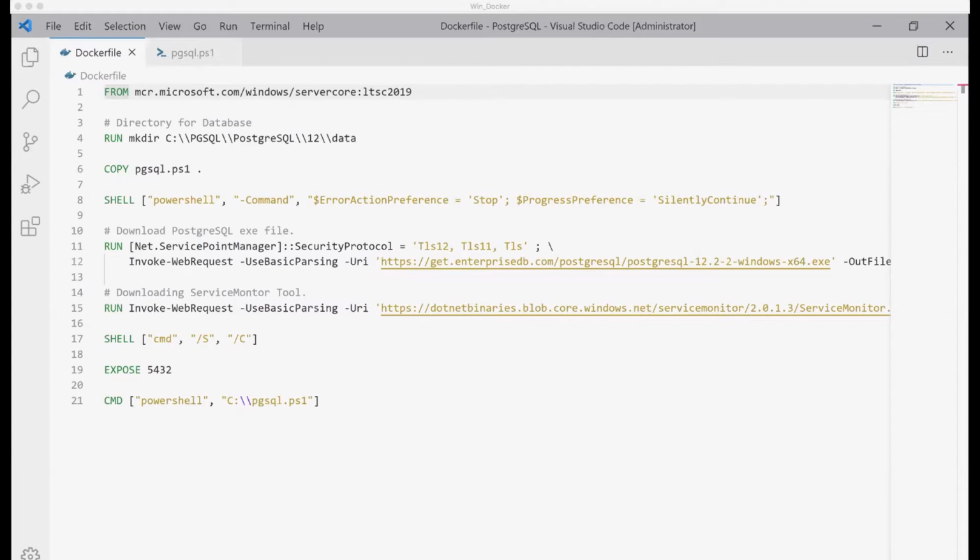First, we'll go through the Dockerfile, and then we'll build an image from this Dockerfile. Once the image is created, we'll run a container, and inside the container the database is going to be up and running. Once the container is up and running, we'll connect to that database, which is running inside the Windows Docker container, from a client tool called pgAdmin from your host operating system. All right, so let's